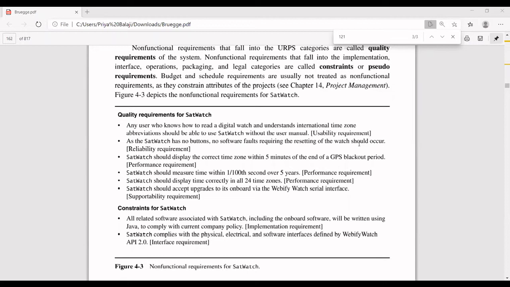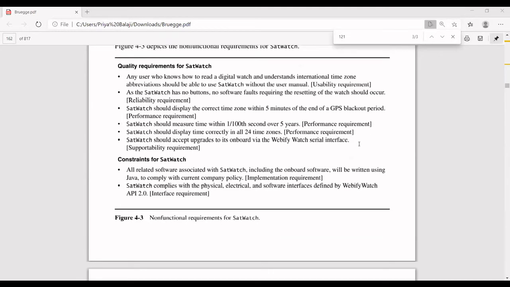You can use the software interface of API 2.0 only. Like that, these are the constraints given through the purpose model. You cannot use any programming language other than Java. You cannot use anything other than API 2.0 for connectivity between the equipment inside the watch. So these are the simple examples they have shown.